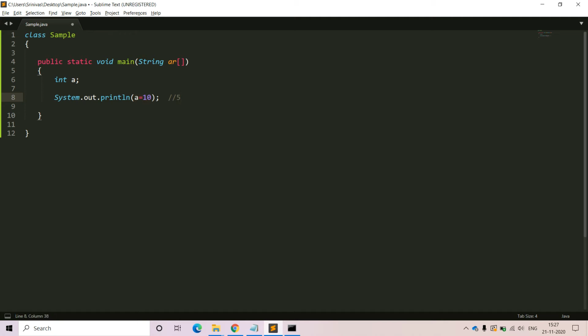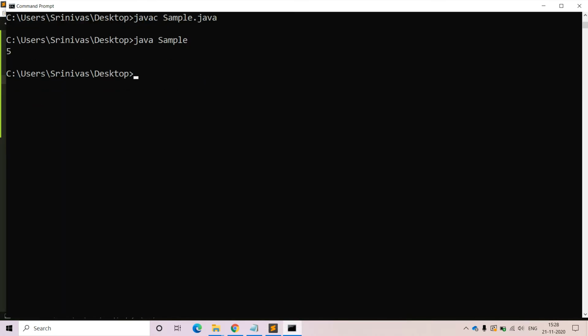Due to that reason, we are going to get the value 10. Initially, at the time of declaration of the a, there is no value associated with the a variable, but before going to use it, before going to print it, I am assigning some value within the print statement itself. There is no problem at all. So here the output will be 10 now. Try to check it now.